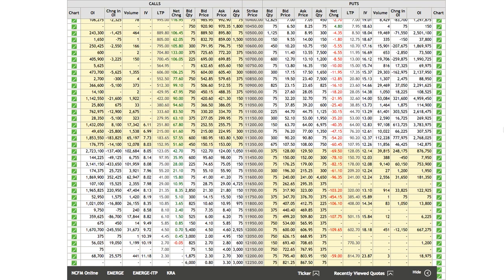Next, we look at change in open interest. So, change in open interest tells us about the change in sentiments among the market participants. If you notice around the current spot price of 11,360, we take the next highest strike price, which is 11,400. At 11,400, we see that there are 2.7 million calls which have been written and 876,000 puts which